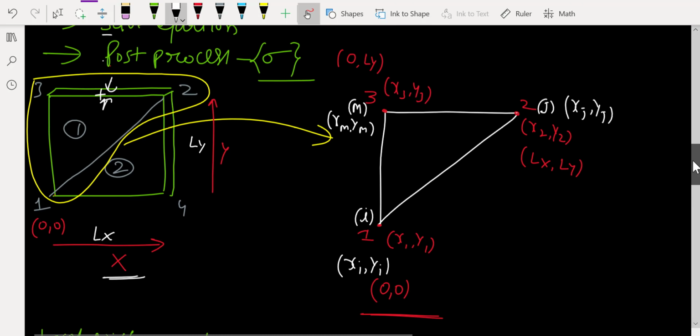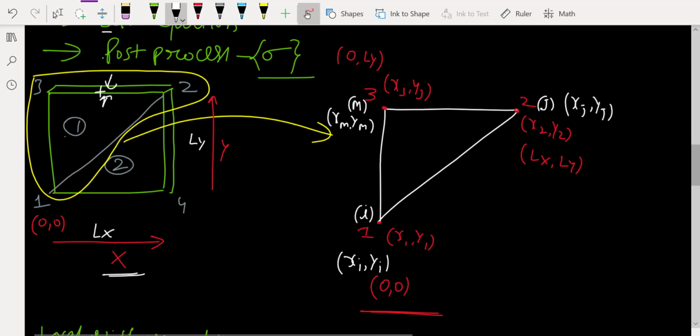I already denoted this element coordinate system here. Take out one element, exactly, take node number 1 or the starting point, which will have 0, 0 coordinate, the nodal geometrical coordinate,